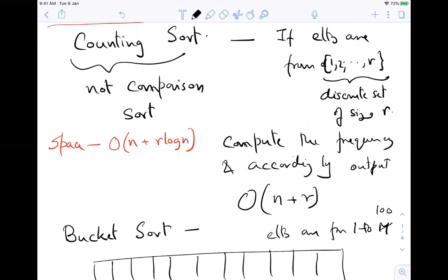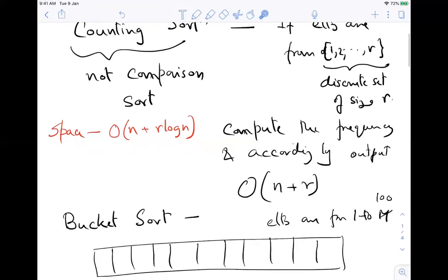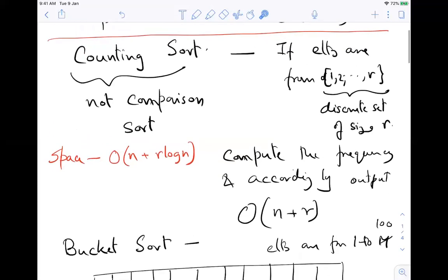That whole process takes a constant number of steps, right? So for each of the elements we are spending a constant number of steps. That means for going over and computing the frequency, I am going to take just order n steps.